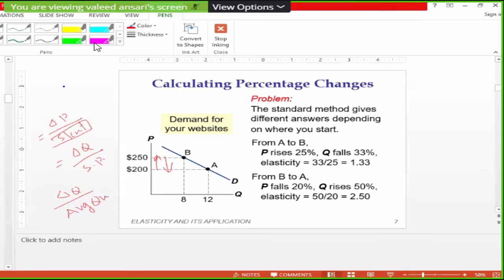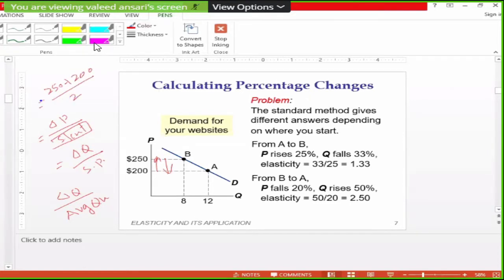That is, both ways. For example, if the quantity is 200 like this, at two points we will take the average. Similarly, price is 10 plus 15, we will take the midpoint like this. In the numerator it will remain the same. Otherwise, if we calculate in case of increase and decrease, you will get a different number, and this becomes more magnified the greater the increase or decrease in price. So that is why this adjustment is made, taking this phenomenon into consideration, otherwise it will give a confusing result. So let us go further and try to understand